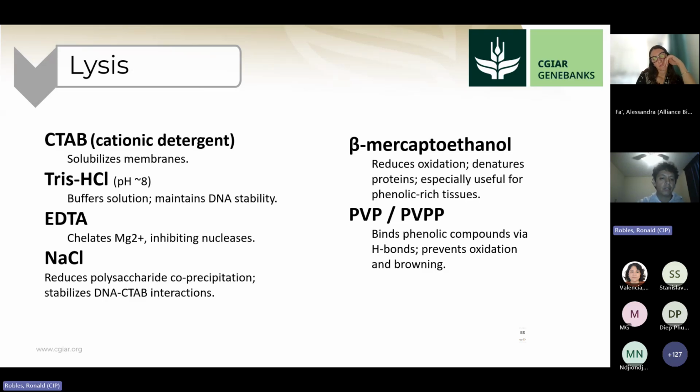The other compound is the Tris, at a pH of 8, because this molecule acts as a buffer to maintain a stable pH to avoid the degradation of the DNA, and also to avoid the activation of other enzymes that were released from